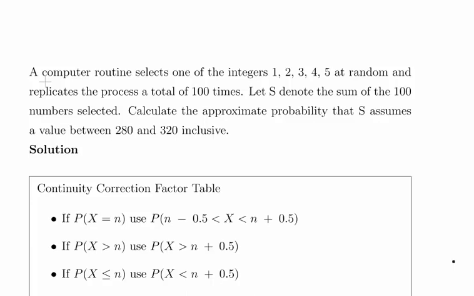Okay, in this presentation we're going to look at repeated sampling, sampling distributions, and the central limit theorem and normal approximations and stuff like that. So essentially I'll just stick with the question in hand and won't go too much more into the details there. A computer routine selects one of the integers 1, 2, 3, 4, and 5 at random and replicates